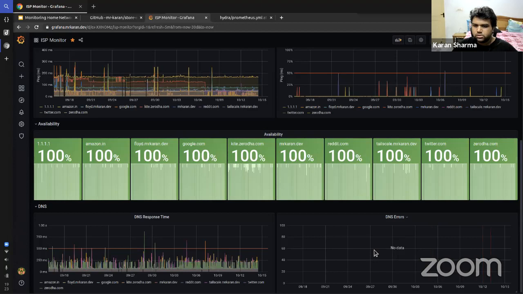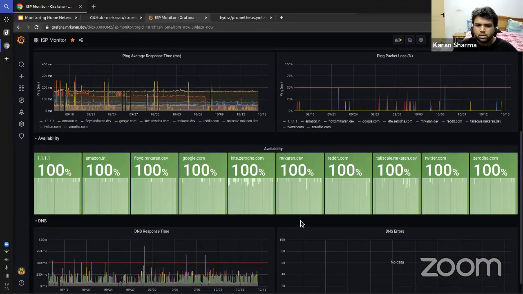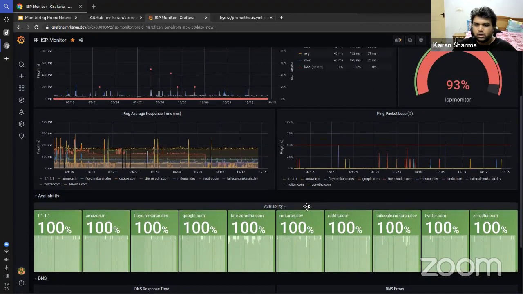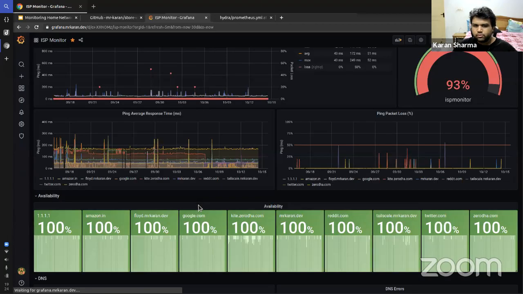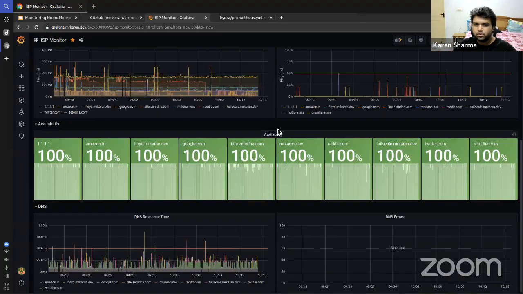There's also DNS errors, which will tell you if any UDP errors are coming from a DNS server. Other than that, there's a very simple uptime metric for the endpoint, which just subtracts the packet loss from 100, which will give you a general idea of how much packet loss percentage your endpoint is having. You just have to be careful that you use it for general